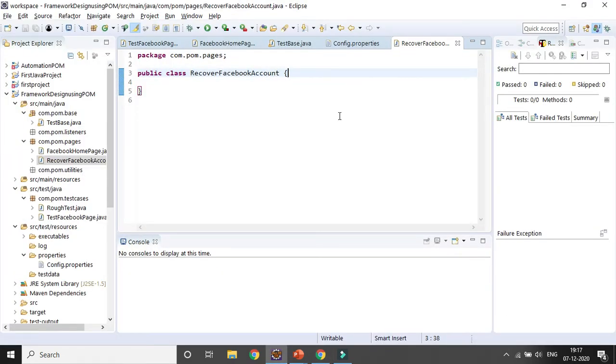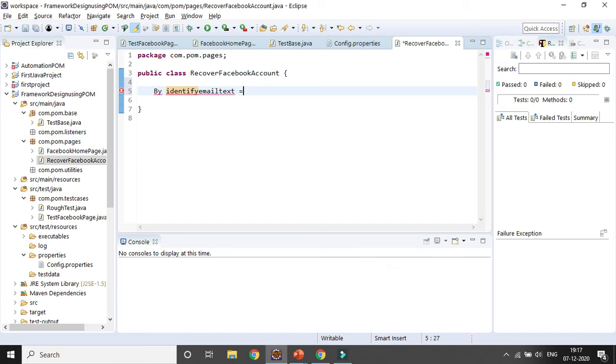So here I will create a web element. With the help of By, I am giving the web element name as identifyEmail, and it is the text field, so I will give it as identifyEmailText.